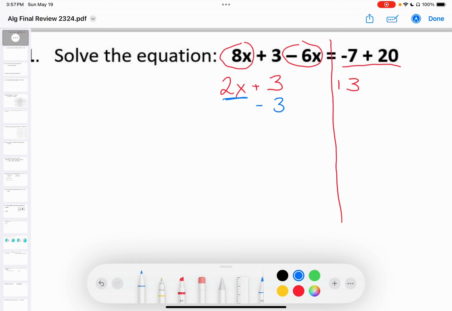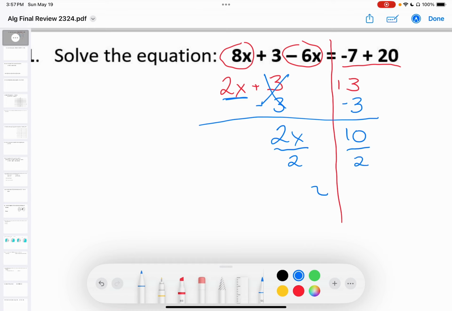Let's subtract 3 from the left side and then in turn subtract 3 from the right side to get that x term by itself. That cancels. So we're at 2x. 13 minus 3 is 10. Last step is to divide by 2, and to divide by 2, and we would get x is equal to